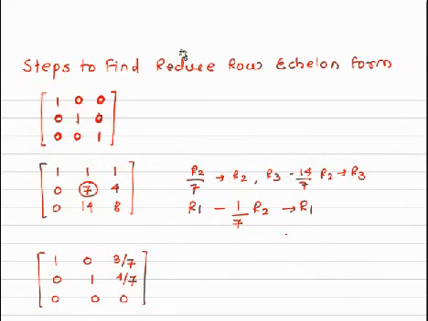You just remember how to do the row operations. These are the main thing. For the leading one, we make R2 divided by 7 gives the new R2. For the third row, we get R3 minus its element divided by the leading element times the leading row gives the new row. And for R1 also, we get R1 minus its element divided by the leading element times the leading row gives the new row.